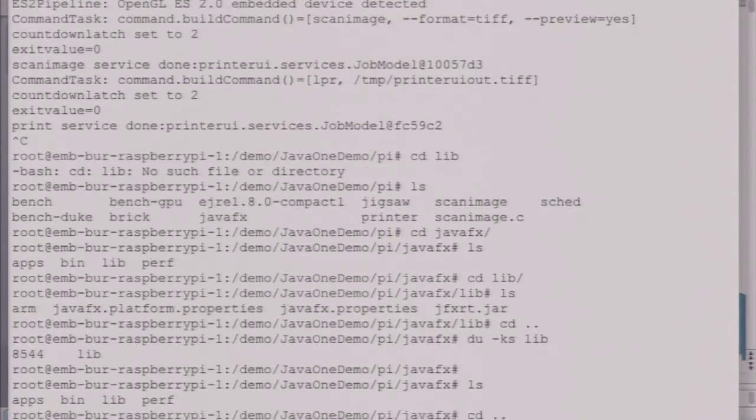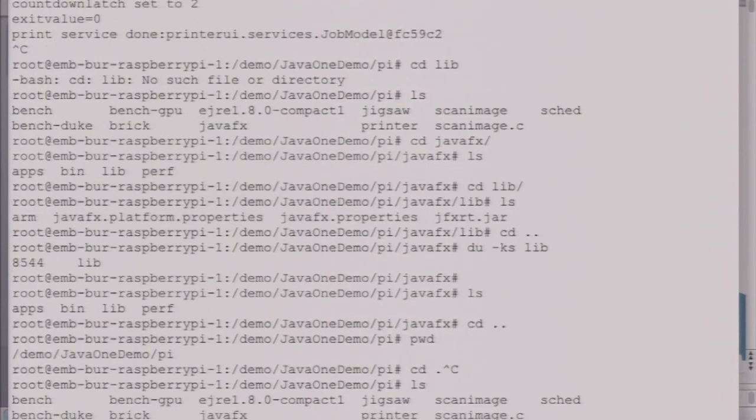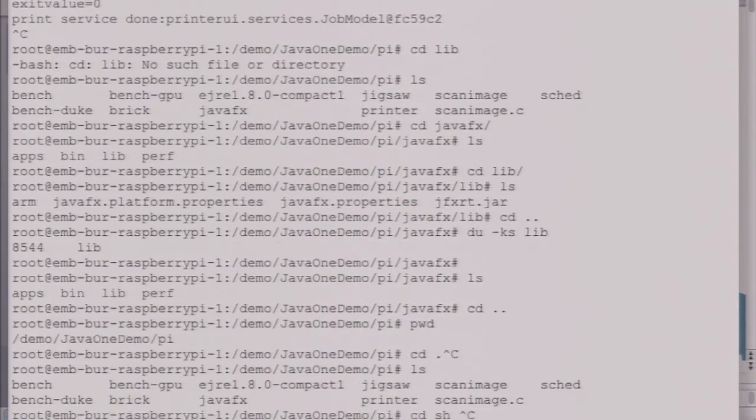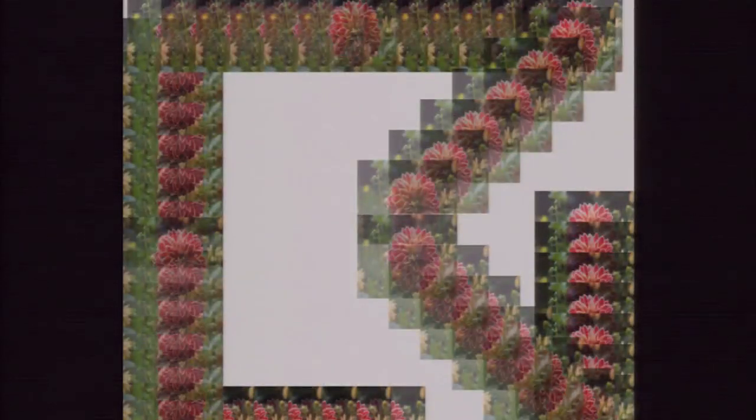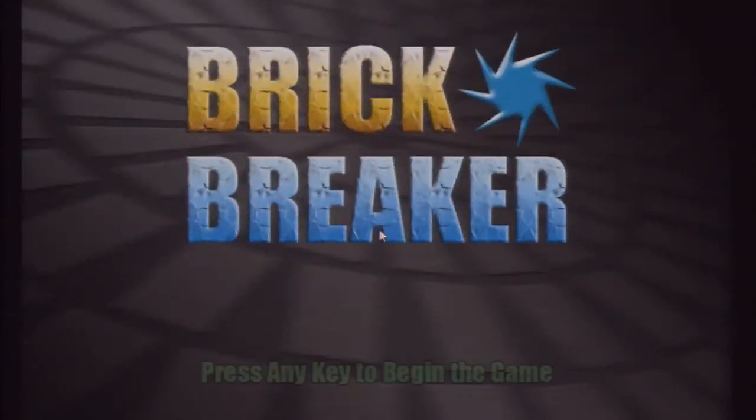So that's about it for the demo. I'll just show you one more quick demo that I happen to have for those of you that are interested in possibly doing some gaming on this. One of the FX demonstration applications that happen to be there is Brick Breaker. So this is playing games on your Raspberry Pi. And I'm not very good at it, but